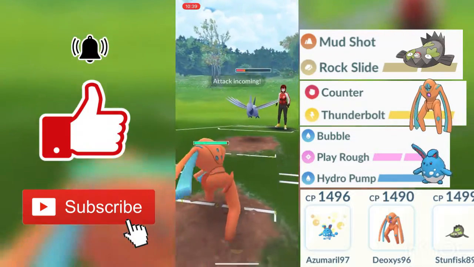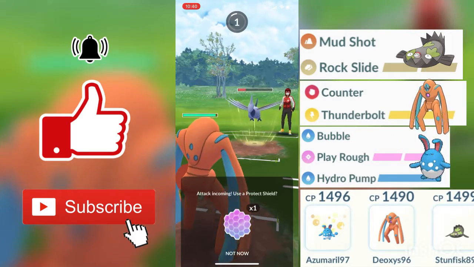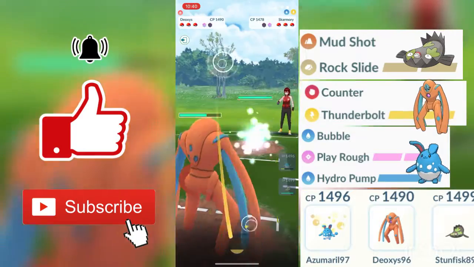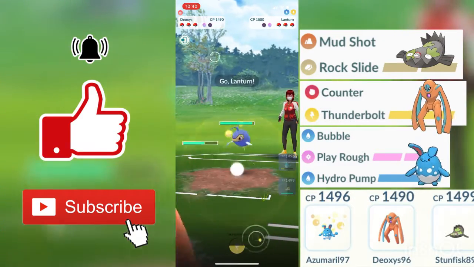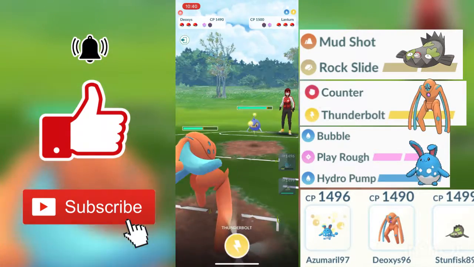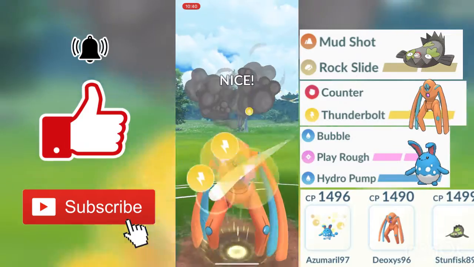Right here I did try to plan when he did throw in the Sky Attack, so I didn't make my Deoxys come out, or I take the hit from the Sky Attack instead. So his Skymew is still there. We are going to be doing neutral damage. He is going to be doing neutral damage against us, but he is very low, and he did actually make